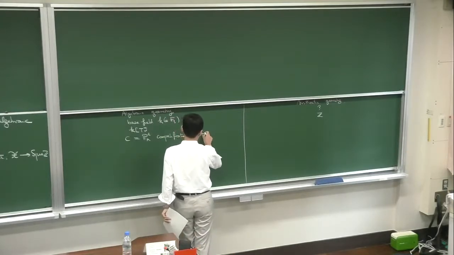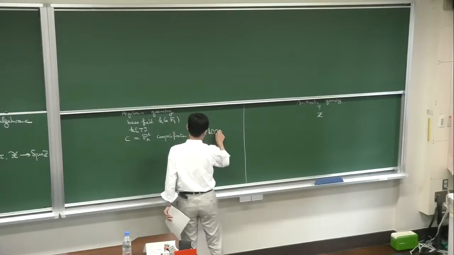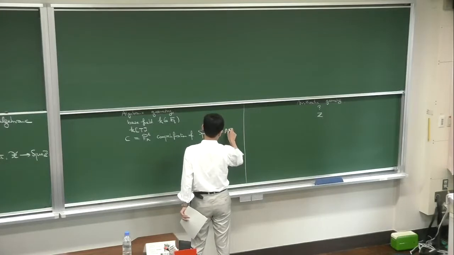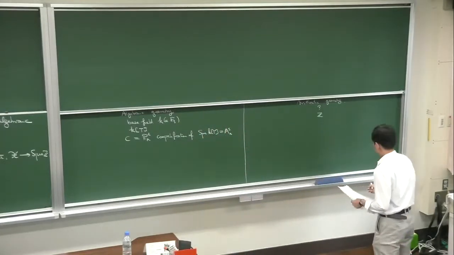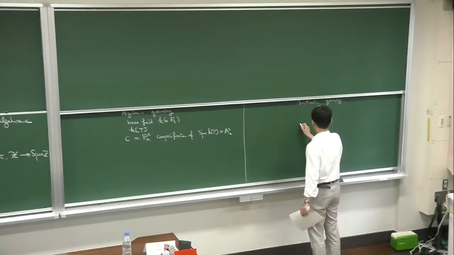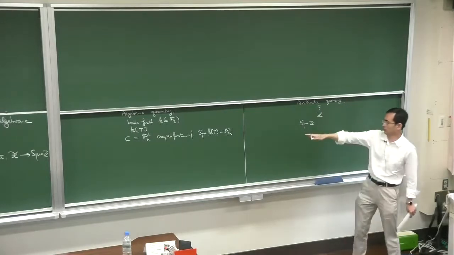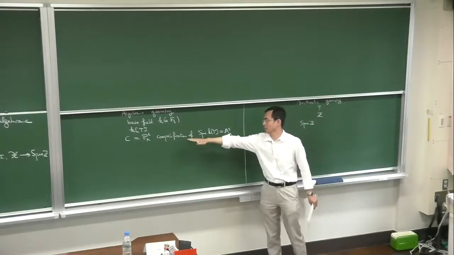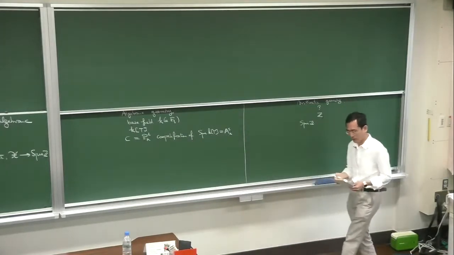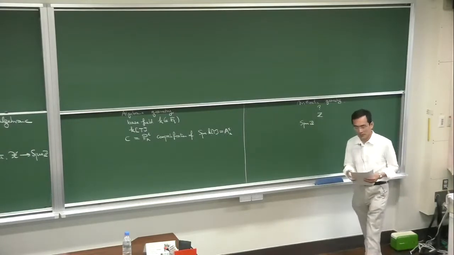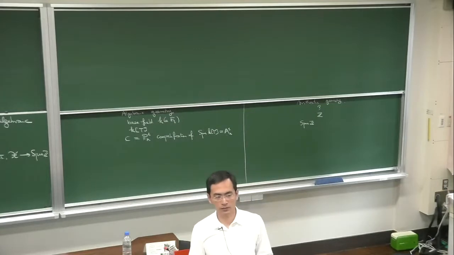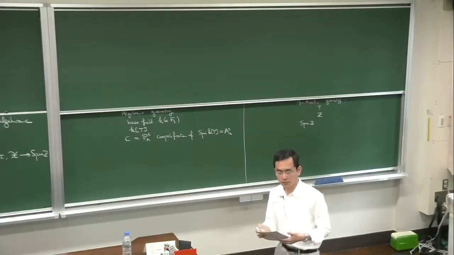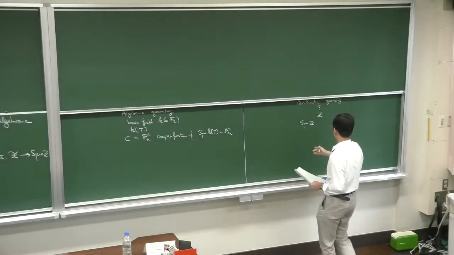Spec k[t], which is the affine line over k. Here, of course, we can consider Spec Z. You observe already that it is not compact, so you need to compactify this scheme. But it is not possible to do it in the category of schemes. You cannot find some proper scheme